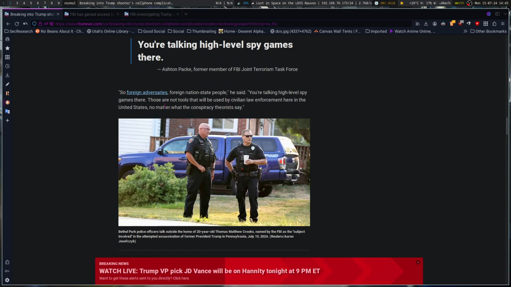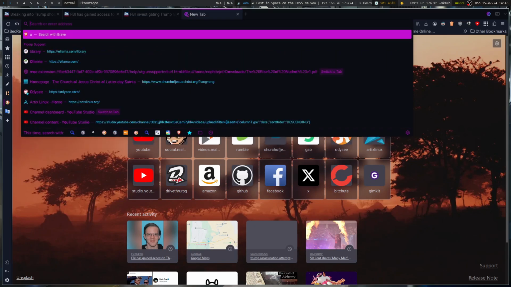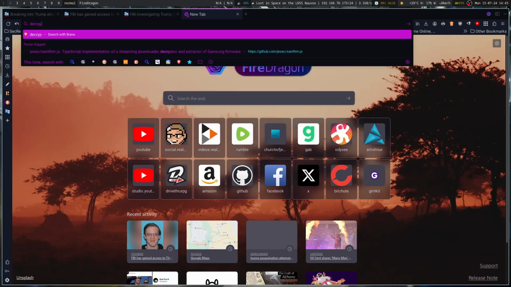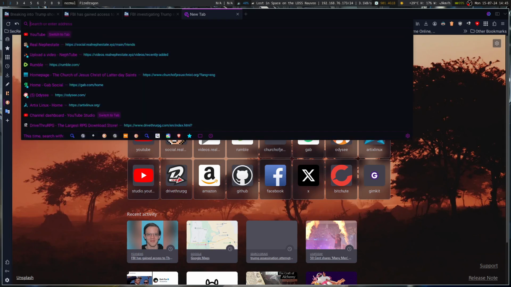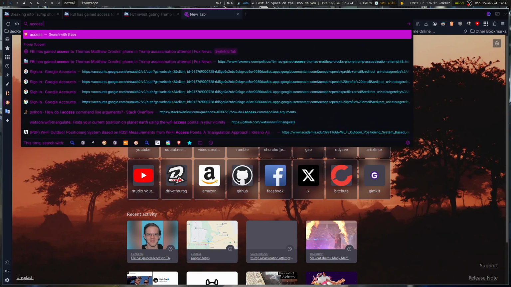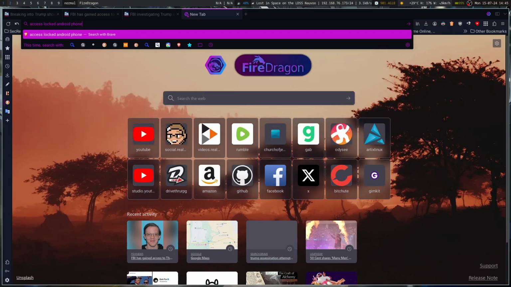in a lot of cases, some very effective tools to do some of these things are available freely on the internet that lets you get in. So, like, decrypt Android and, oh wait, access locked Android phone with PC.